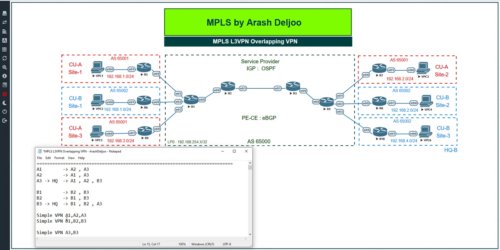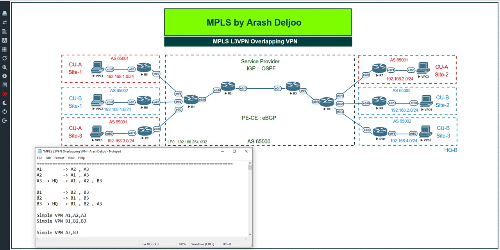This means we have overlapping between these two simple VPNs with, for example, another VPN. Let me talk about how we can configure these types of scenarios. This is one of the abilities in MPLS Layer 3 VPN, that we can configure these types of scenarios easily. Don't forget that we don't want to have connectivity between A1 and B1, A1 to B2, A1